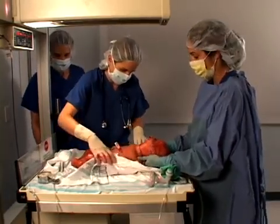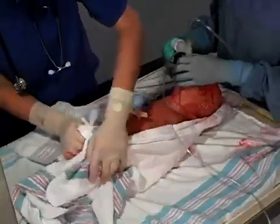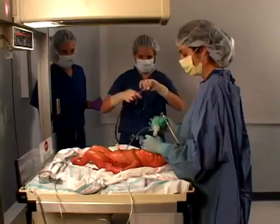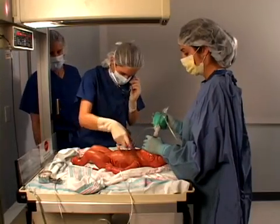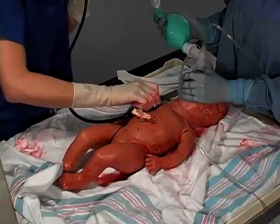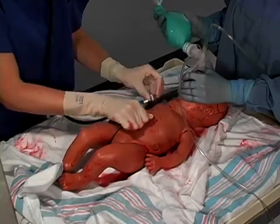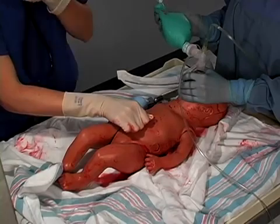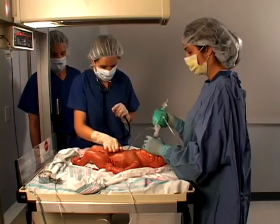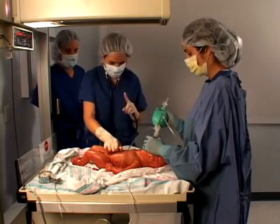Okay, baby's still apneic. I'm going to go ahead and bag mask ventilate. Even when a baby is critically ill, it is important to follow the initial steps and initiate positive pressure ventilation. A person experienced in endotracheal intubation should be immediately available to assist at every delivery. Moving good air bilaterally. We've got a good seal. We're still seeing good chest movement, but